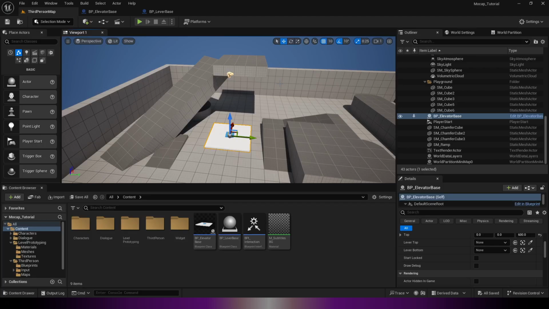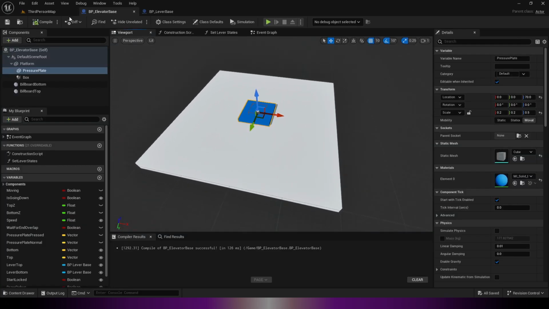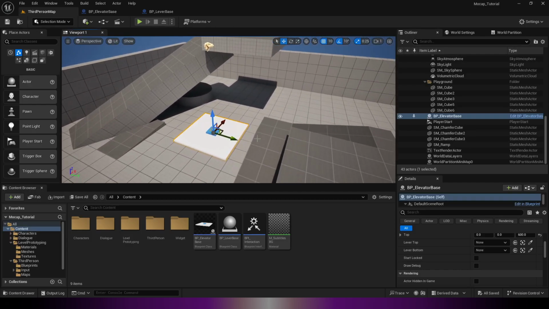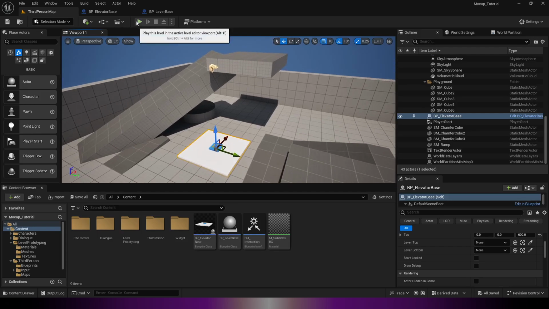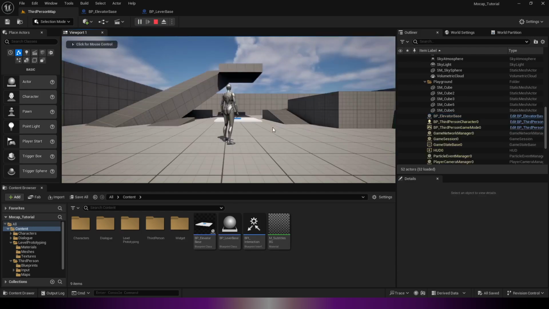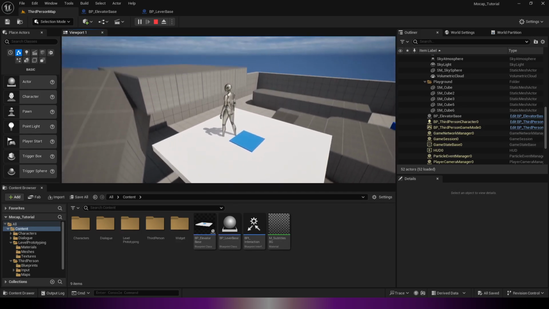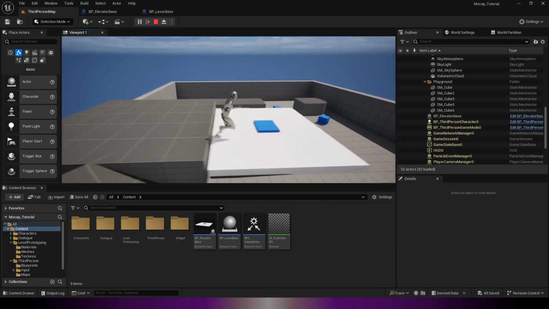Hello! In this tutorial I'm going to show you some basic bug fixes for the elevator system, starting with something to do with the levers. So you can see I've got this one elevator here that's going up and down. However, when I play, I haven't set up the levers, so it's going to move just fine and move down